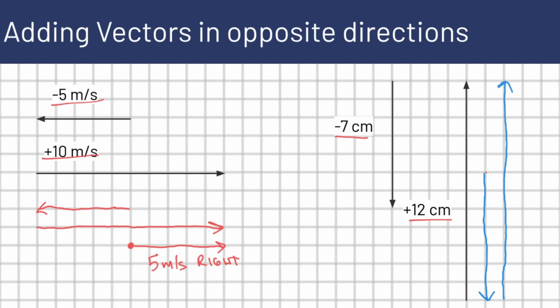Then our resultant vector starts at the tail of the first vector and moves in the direction of the head of the second vector. So our resultant vector starts here, goes here. So we have 1, 2, 3, 4, 5. Our resultant vector is 5 centimeters. It's in the plus direction, so we could say that's upward, or we could say that's north, or we could say that's 90 degrees. Those are all different ways to describe the same direction that the vector is heading in.